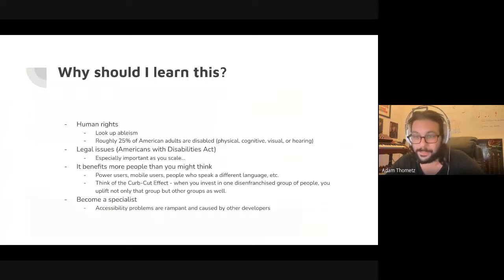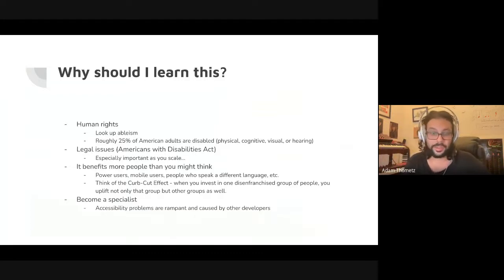That's a lot of people. And the other interesting thing about this group is that we can become disabled at any time, whether through an accident or having a brain tumor or something like that. Having a brain tumor does affect your visual